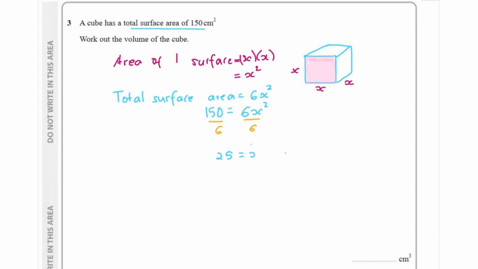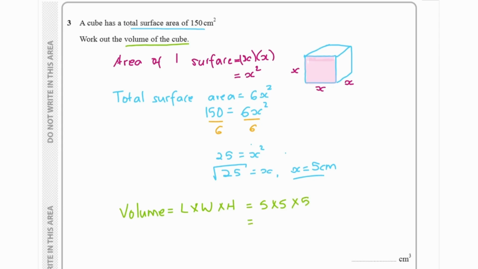150 divided by 6 is 25, so 25 is equal to x squared, which means that x would be equal to the root of 25. Therefore, x is equal to 5 centimeters. So in order to find the volume, we would just multiply the length times the width times the height, which would just be 5 times 5 times 5, which is the same as 5 cubed, and that gives us 125